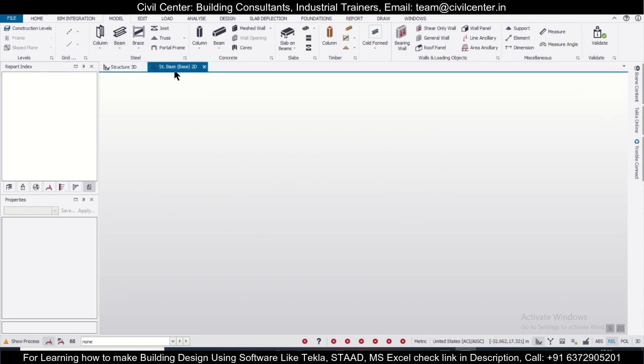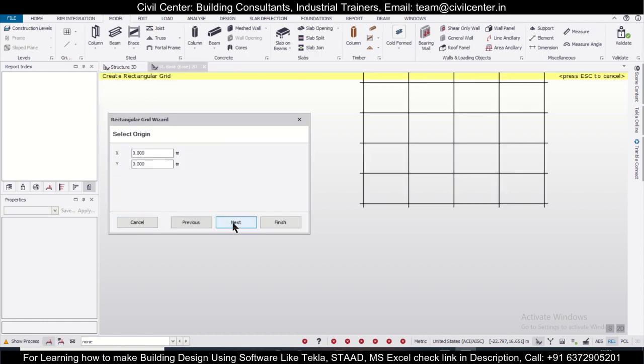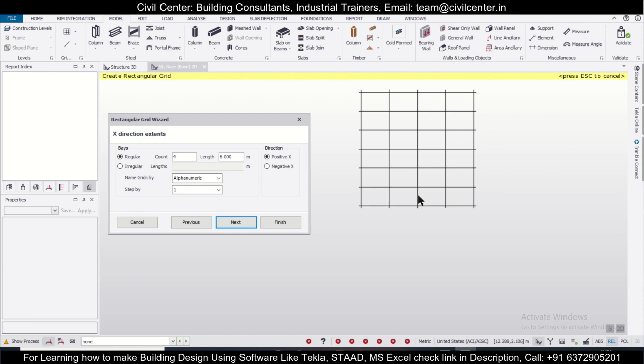For that you'll go to structure base, that is our plinth level here, and just select, we'll go with the rectangular wizard here, and we'll choose the grid lines. Next, we can give the count here.